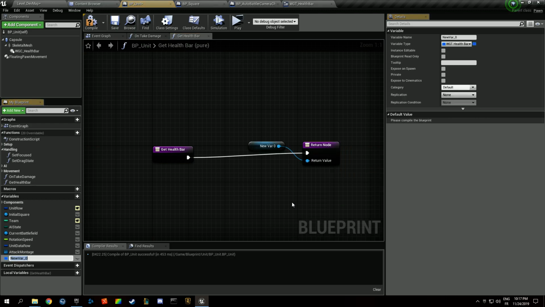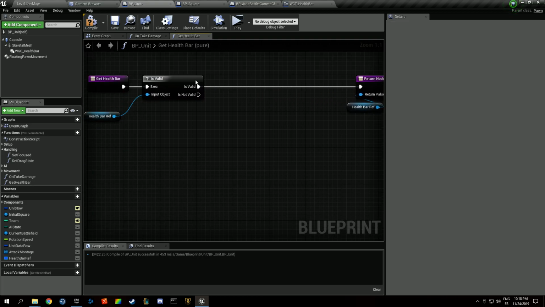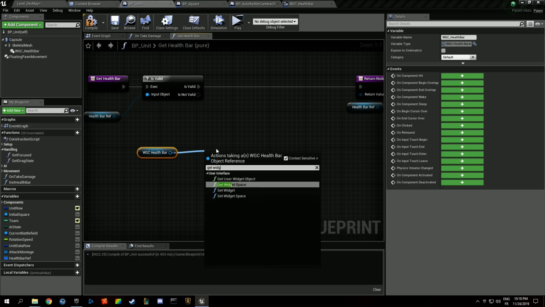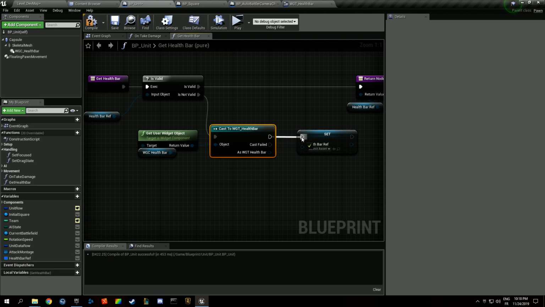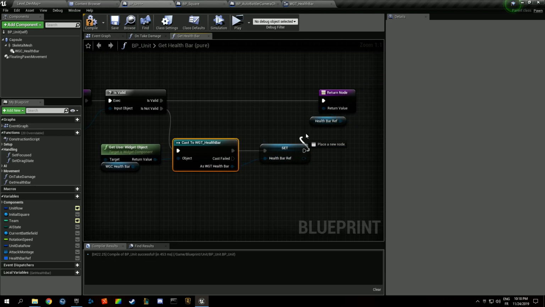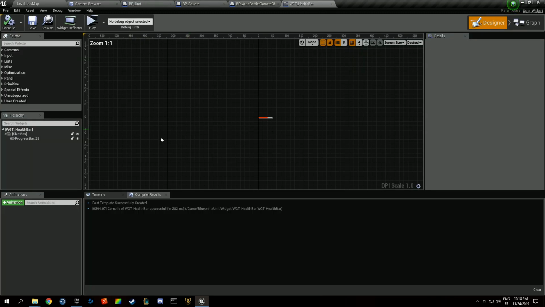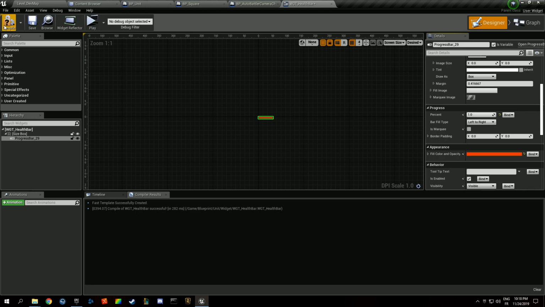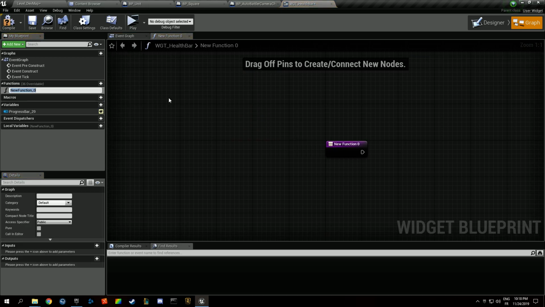we're going to promote that to a variable. Health bar reference, and if it's valid, we're just going to return it. And if it's not valid, we're going to grab that, get widgets, get widget, cast to health bar, and store that into our variable like this. And the health bar is going to be full by default, and it's going to take a variable. It's going to have a reference,